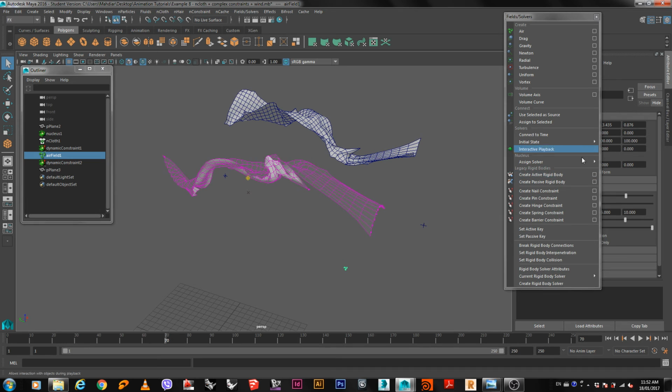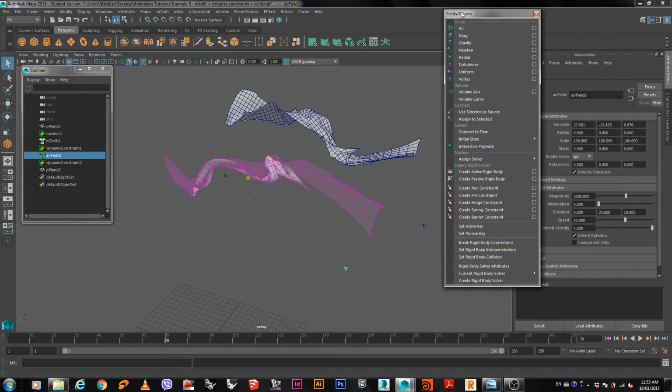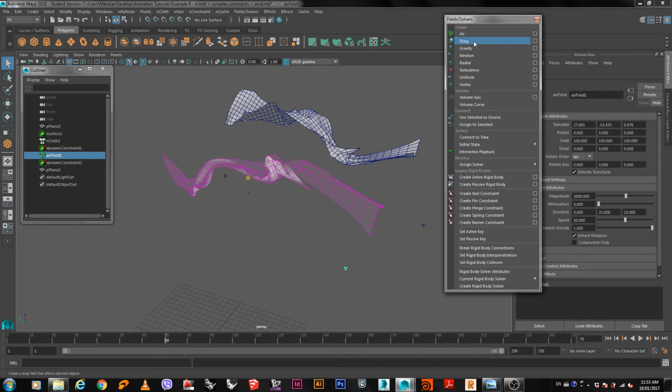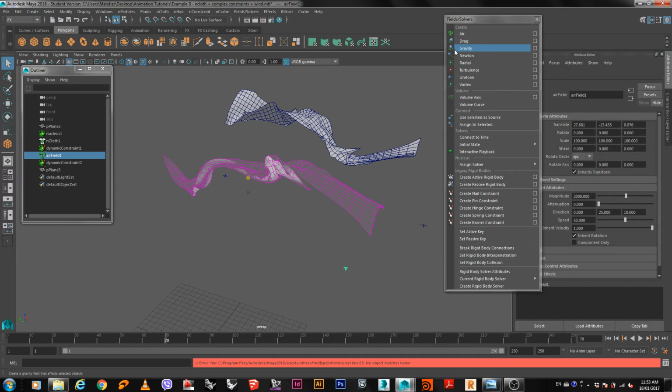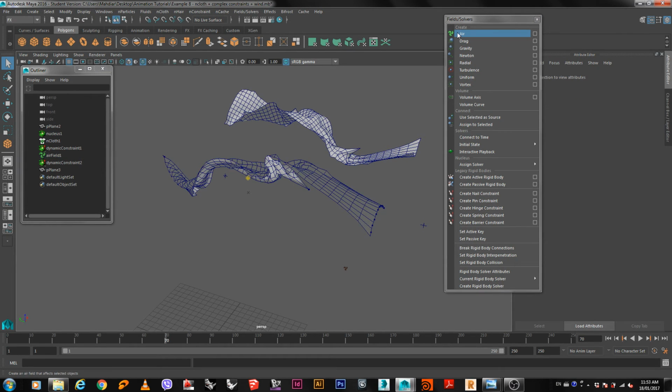So I'm going to explain what the fields and solvers are just quickly. You can create all these different forces here in your fields and solvers. Starting with air, drag, gravity, Newton, radial, turbulence, uniform, and vortex. Each of them, you kind of get from the name what they do, but they basically just apply a force to your objects in the environment. And then let's say you create an air,